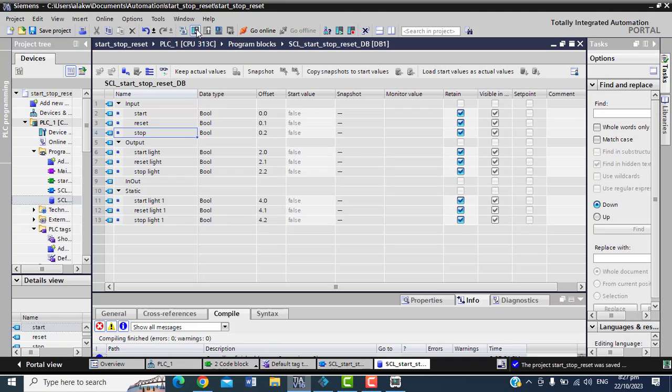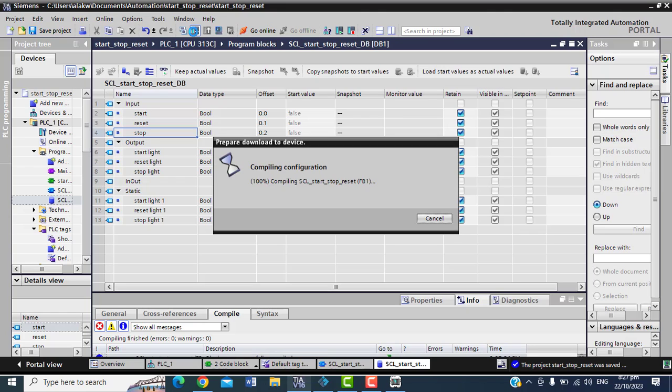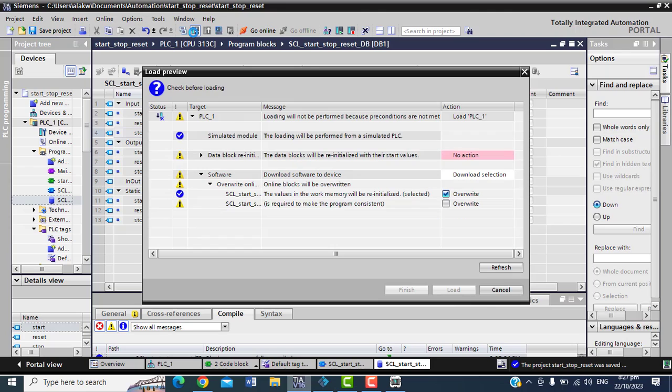Because remember I said our static variables, those in the function block where they are used. This function block, remember, not the function block diagram, now function block, it stores values. So if you reset them to initial values, if they get something that is outdated, I want to reinitialize it, right? I want to reinitialize it.